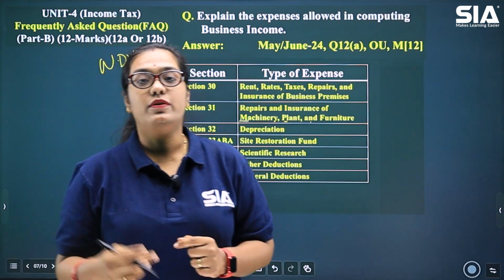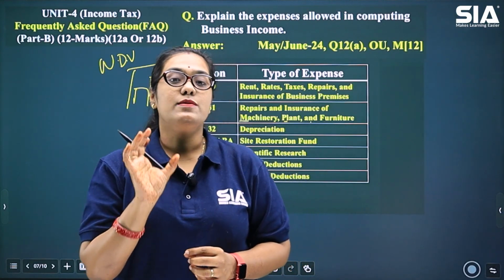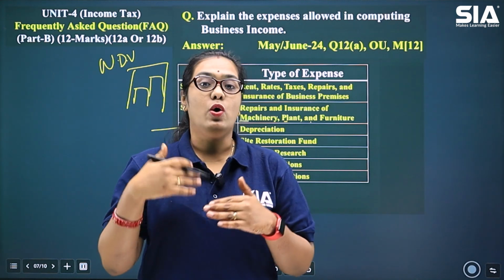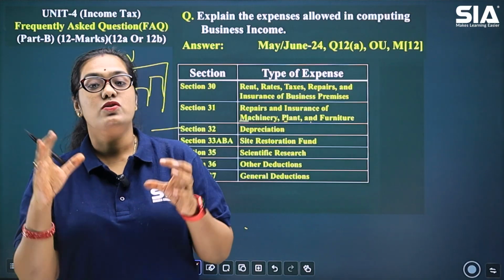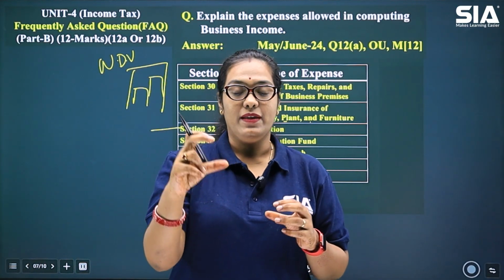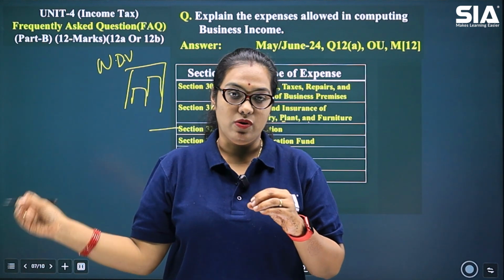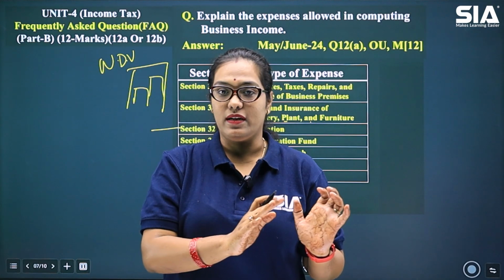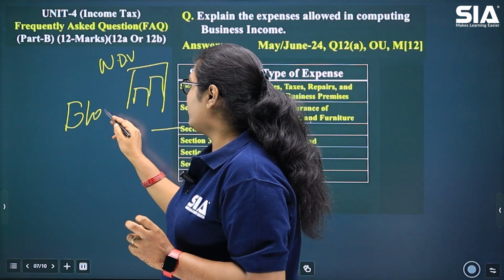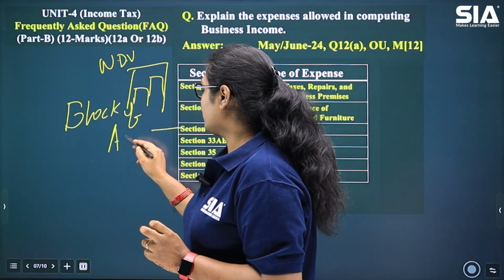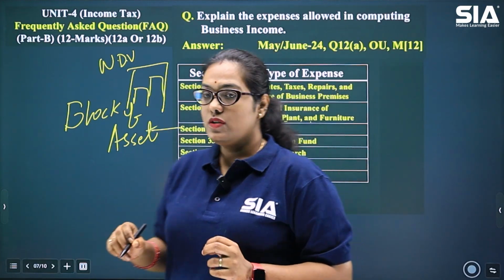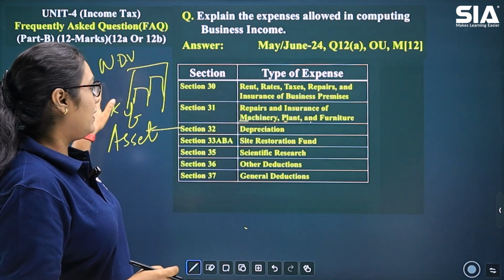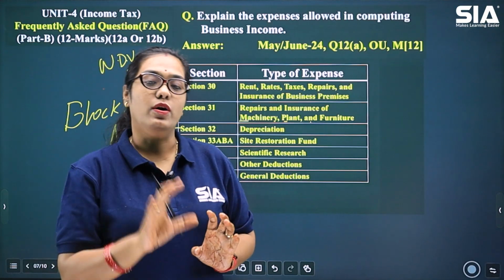And for the purpose of computing depreciation, there is something called a block of asset. This has been provided by the Income Tax Act, which clubs all the similar types of assets together. So all these similar types of assets become one block, and one block has one rate of depreciation. Instead of providing individual rates for individual assets, a block has been created. It is called a block of asset. So depreciation calculated through the written down value method is allowed as an expense for businesses.